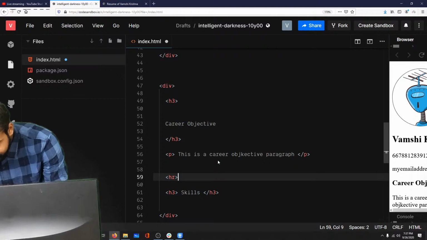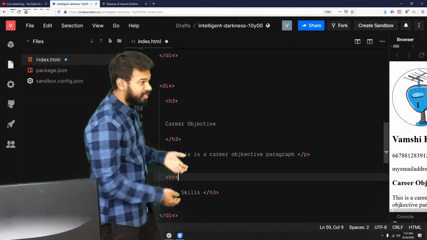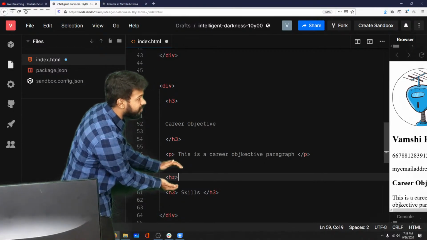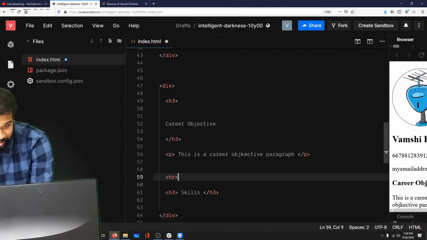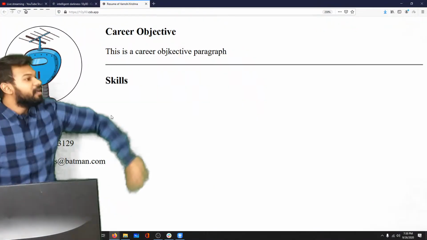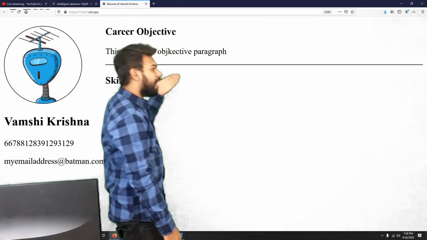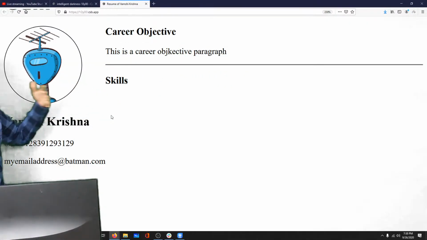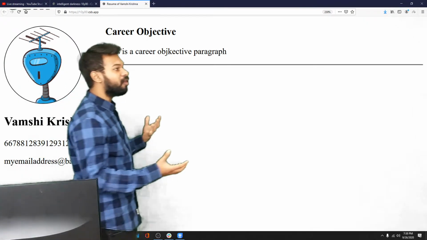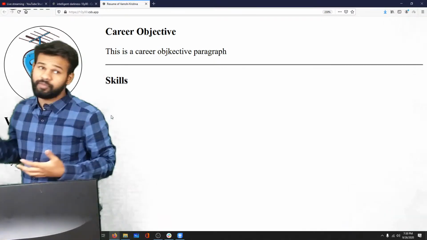It doesn't contain any sort of opening tag, it doesn't contain any sort of closing tag, it's just a tag which does a small function, which serves its only purpose. If I say HR and if I go refresh, how neat is that? It creates a clean little line for us, and it separates these two sections, just like how you would create a resume in Google Docs or Microsoft Word or any other online